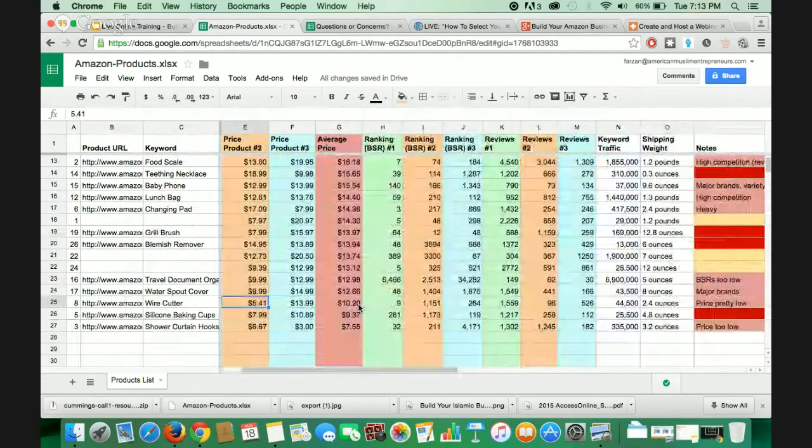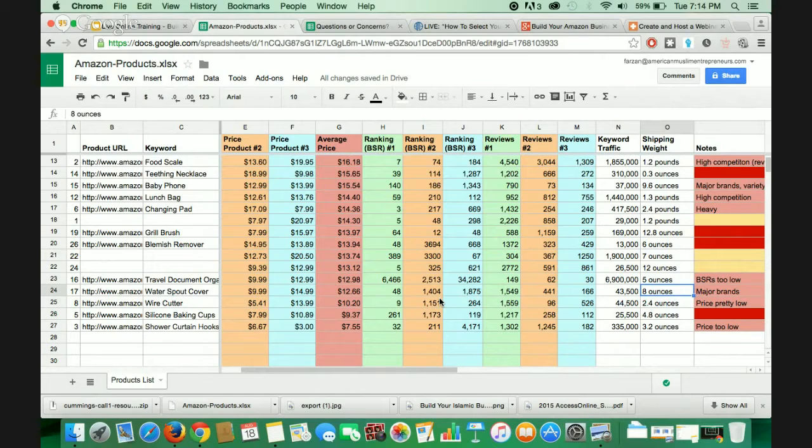So I kind of knocked that one out. And then I went up and I looked at the water spout cover. What I noticed about the water spout cover is that you would be competing against major brands if you went into this. There were Sesame Street spout covers, the Elmo one was there, and this and that. Those are associated with major organizations or brands that you probably won't be very